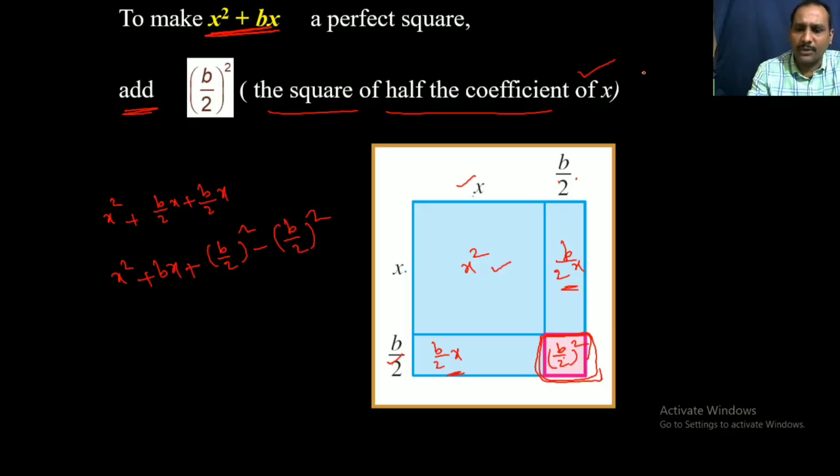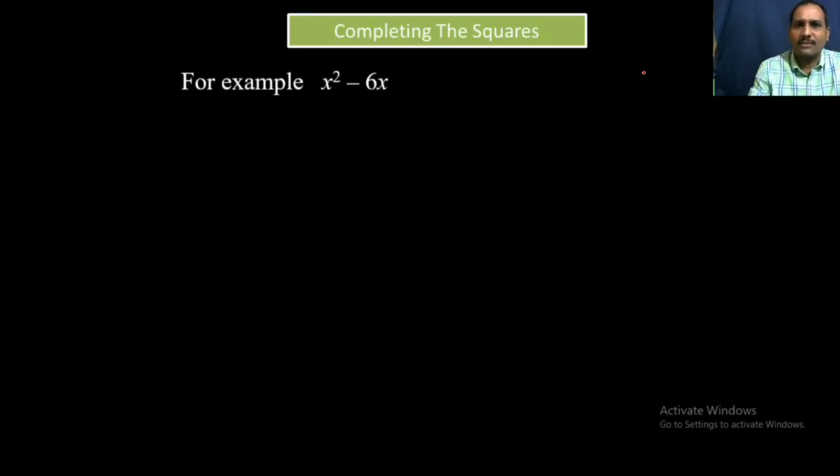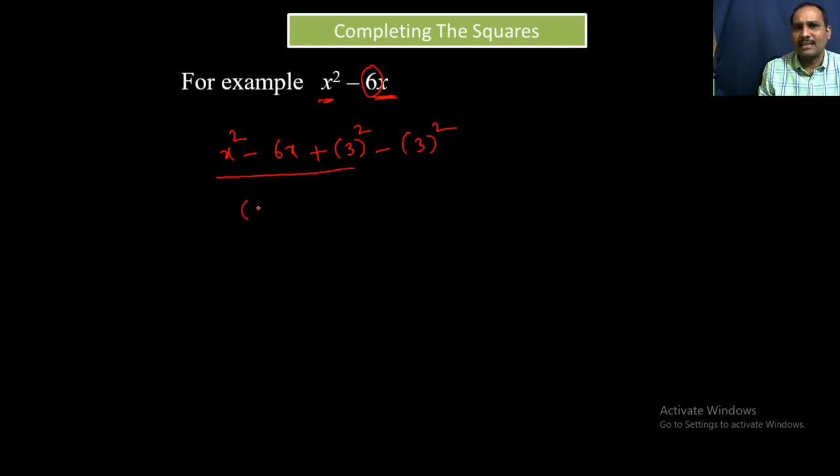When you do some problems, you will understand it clearly. Now see, for example, complete the square, x square minus 6x. So what is half of 6? That is 3. X square minus 6x, add it, plus 3 square, minus subtract it. Now you can write this as x minus 3 whole square minus 9. That's it. Now you know how to solve it. Suppose this is a quadratic expression. If they give it as an equation, you will equate it to 0 and you can solve for x. Now we'll see some more examples of how to complete the square.